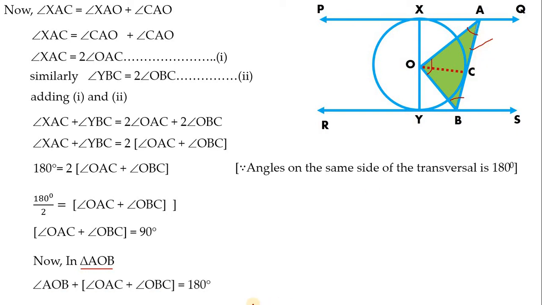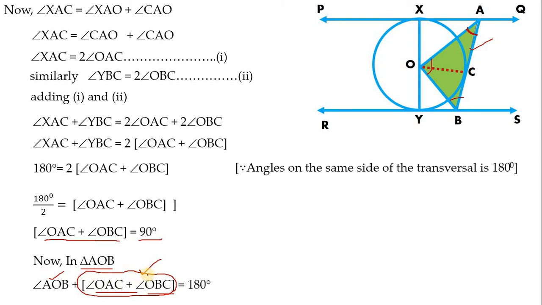Let me write all 3 angles. See here, I have written AOB plus OAC. I can write it as OAC or else OAB, whatever. However you write, we give full importance to the middle letter itself. It becomes angle A itself. Similarly here OBC. You can write it as OBC or else OBA. However you write, it's not a problem. Why have I written like this? Because here we have proved OAC plus OBC equals 90 degrees. In this place, I can replace this by 90 degrees. That's why I have written like this, that's all.